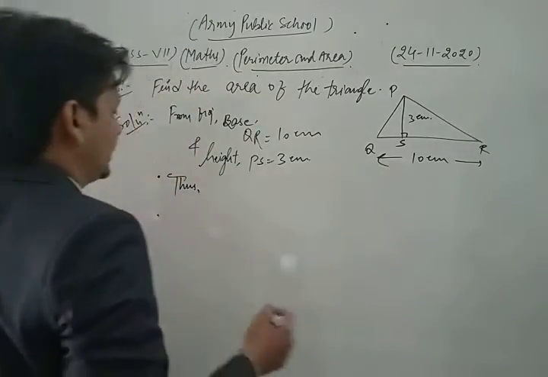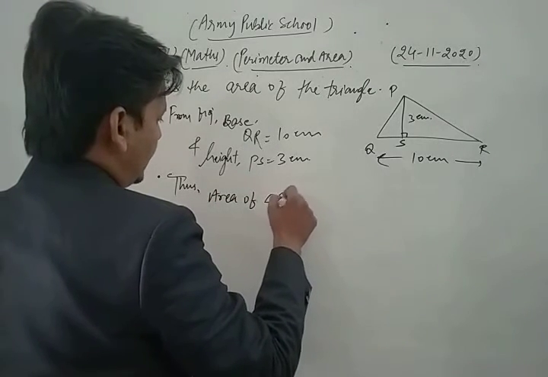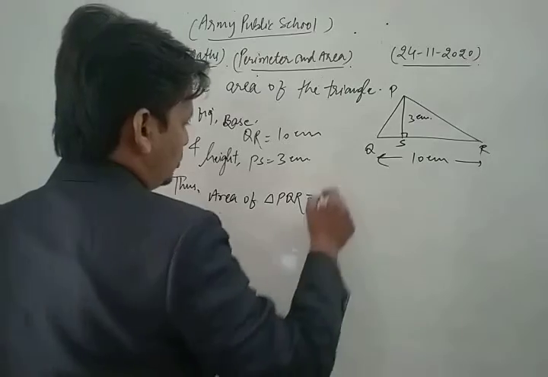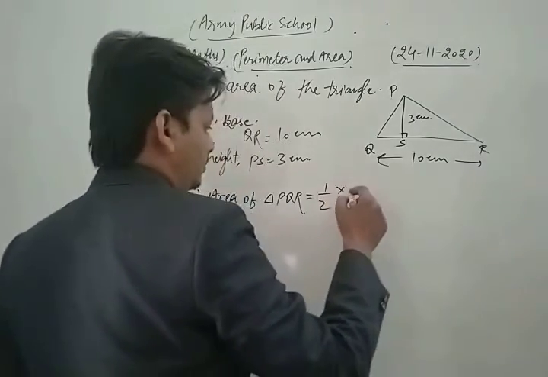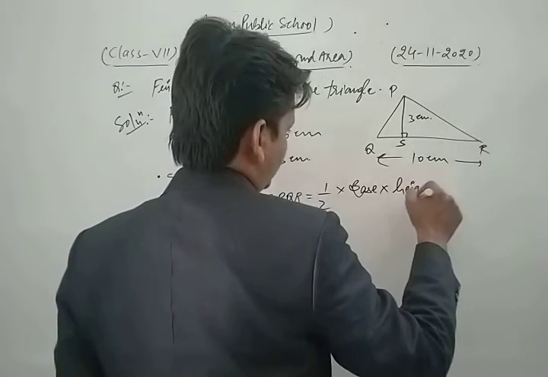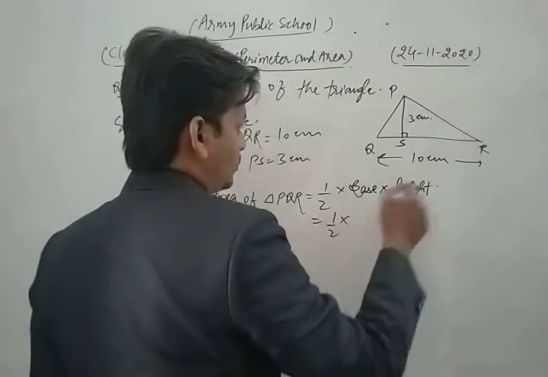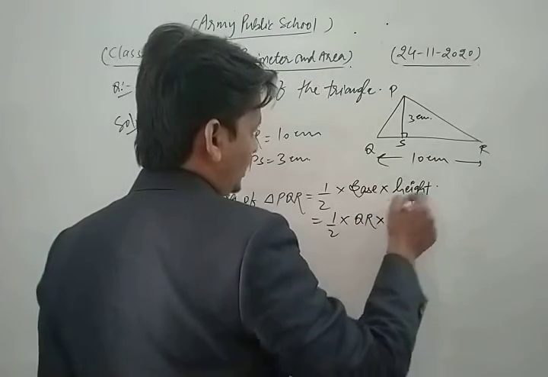Okay, thus we find the area of the triangle. Thus the area of triangle PQR is equal to 1/2 into base into height, that is 1/2 into base, which is QR, and height is